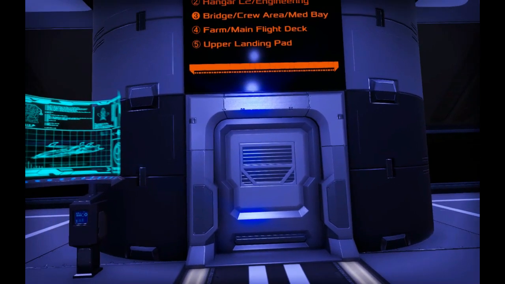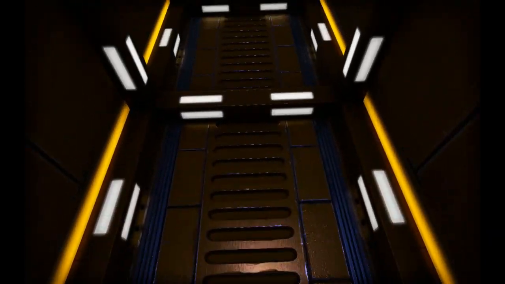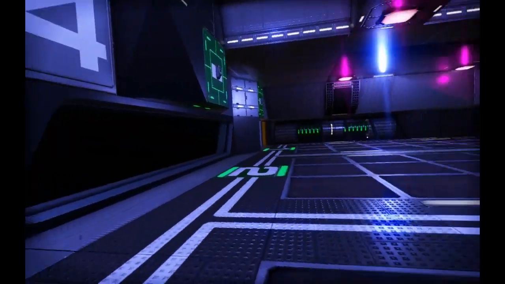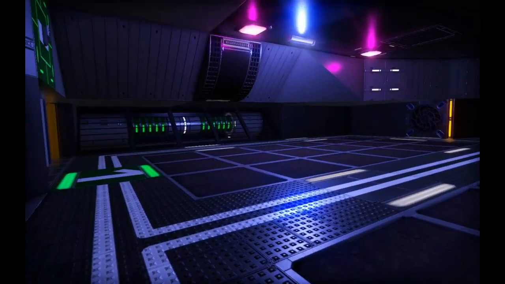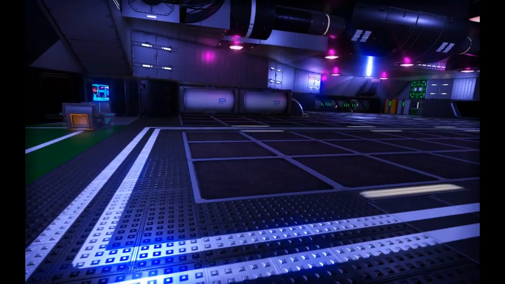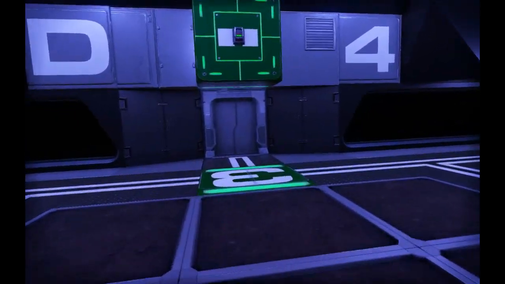We are ready now to check level 4, the farm and the main flight deck. As you can see, level 4, and you have all of the farming plots that you will ever need. Very big and open area with the concentrated farm plots. And on the other side,